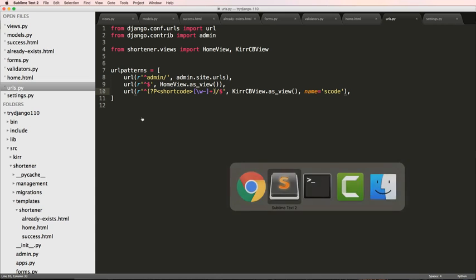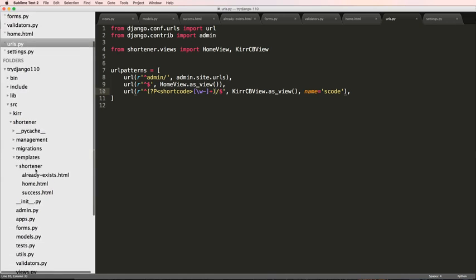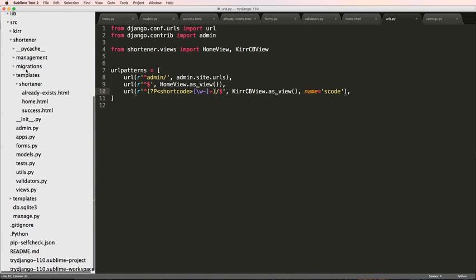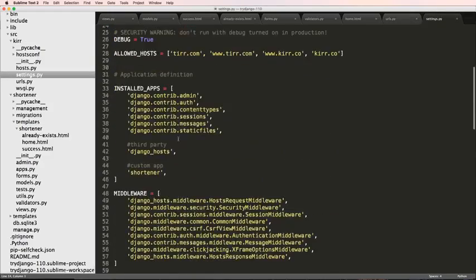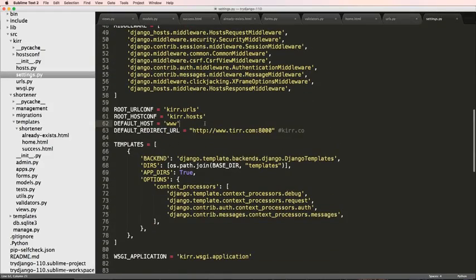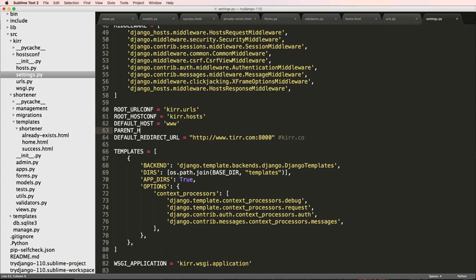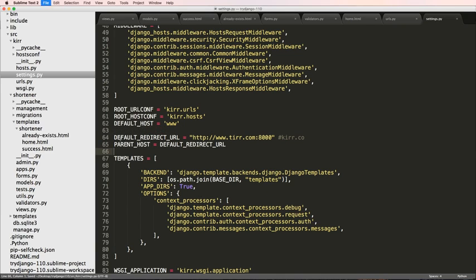Well, the reason is because in our settings, if we go into settings, inside of cur settings, and come down in here, we want to add in one more thing, and that is parent host. And we put in the host that we're working with. In our case, we are going to add it as the default redirect URL. So this should come after that. So we save that,